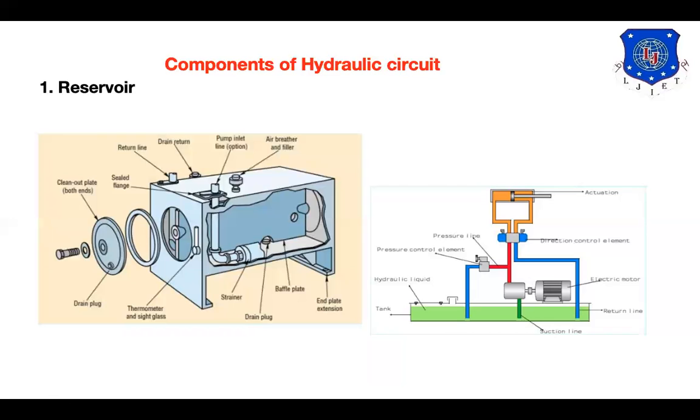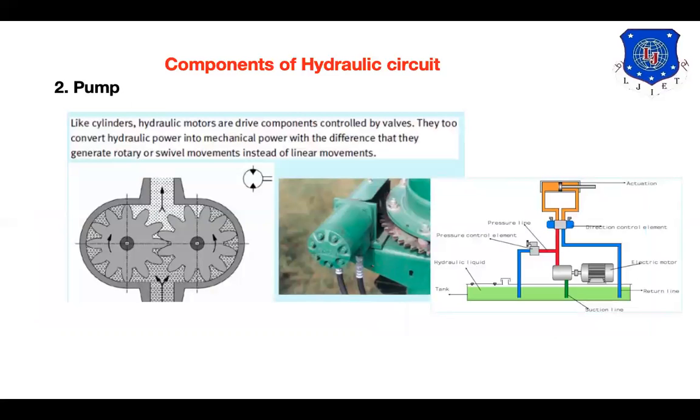This is again the second view. In this I need to explain one more thing: whenever we require cleaning or maintenance of this reservoir, we must have this kind of attachment, sealed flanges, so that oil doesn't come out, and particular side gateways through which we can remove the different elements and do the proper maintenance. Normally an air breather and filler cap are also provided so that vacuum creation won't happen.